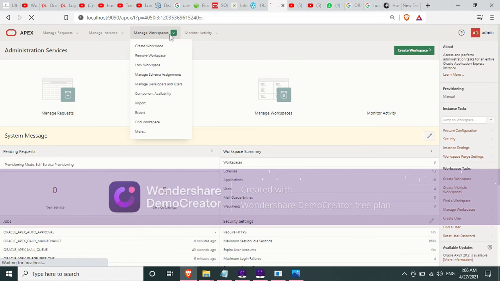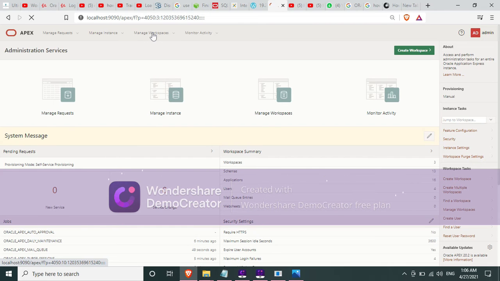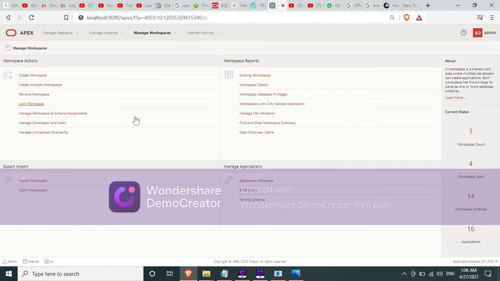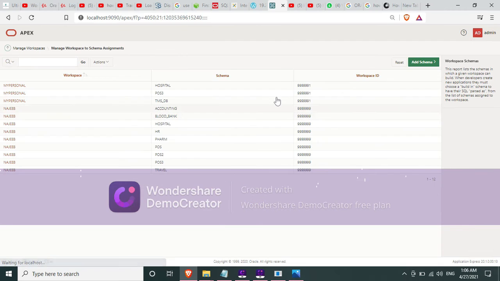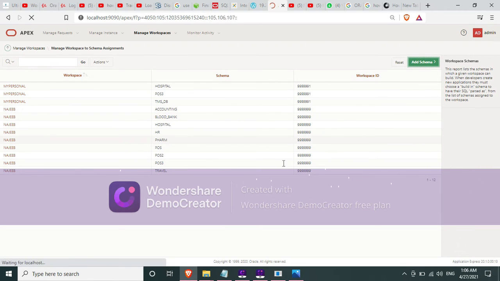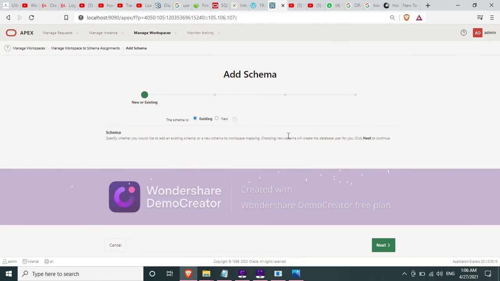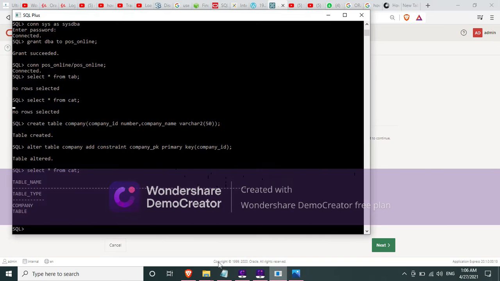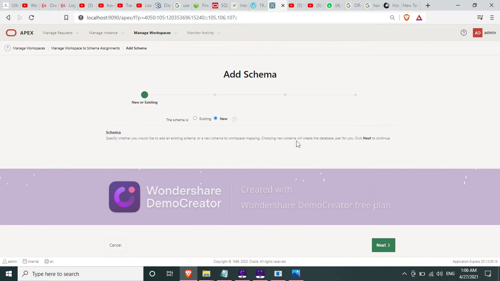Let's come to the manage workspace, and here we have manage workspace to schema assignment. Add schema, because I want to add schema because I exist in schema. If we create new schemas, we can create new schema. From here we can create schema, the same things that we did here, like we created POS_online. From here we can create, but I have already created